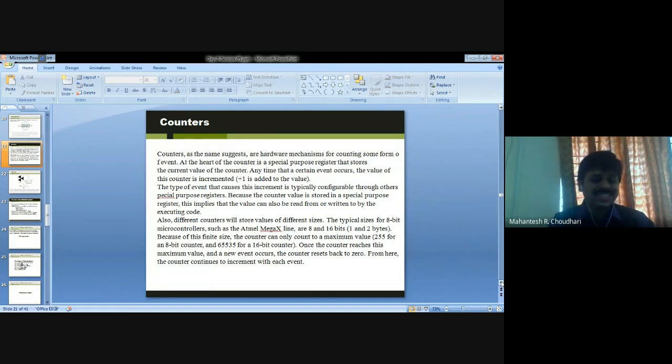Because of this finite size, the counter can only count to a maximum value: 255 for an 8-bit counter, and 65,535 for a 16-bit counter. Once the counter reaches this maximum value and a new event occurs, the counter resets back to zero, and from there it continues to increment with each event.